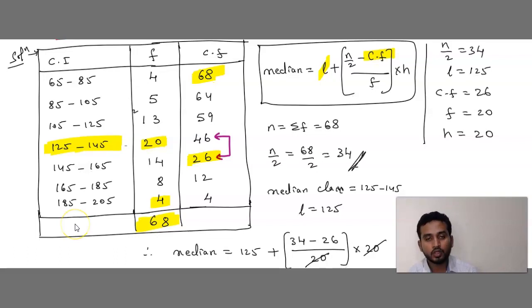And children, the problem we have solved is by using the more than type method. Let it be less than type or more than type, only the table differs but the calculation part remains the same. Do not worry. But by using the more than type condition, it's very rare they will ask you in the formula. But in the Ogive curve they can ask you to draw the Ogive curve for less than type or more than type. But by using the algebraic method, there are very few chances. But the table you have understood, right? This is very important. Is this clear?